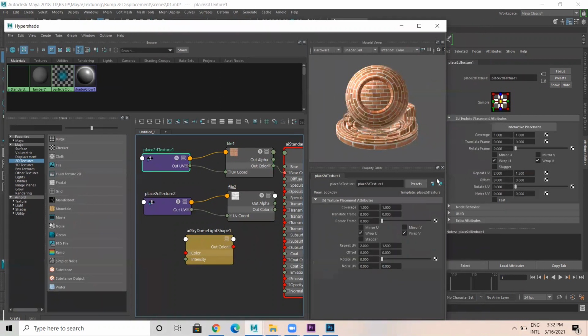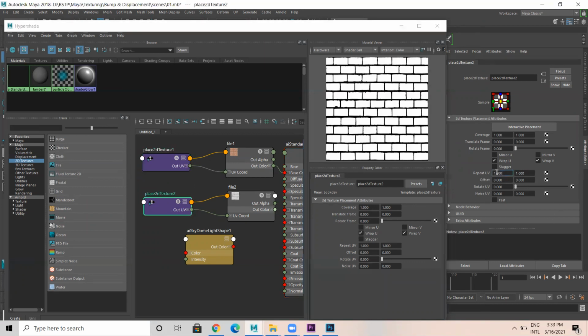What UV value have we given under place 2D texture? Make sure we give the same value for the bump map also. In the color map, what we have given, in the bump map also it has to be the same. So in the color map, it is 2 and 1.5. I select this one, make this 2 and 1.5.